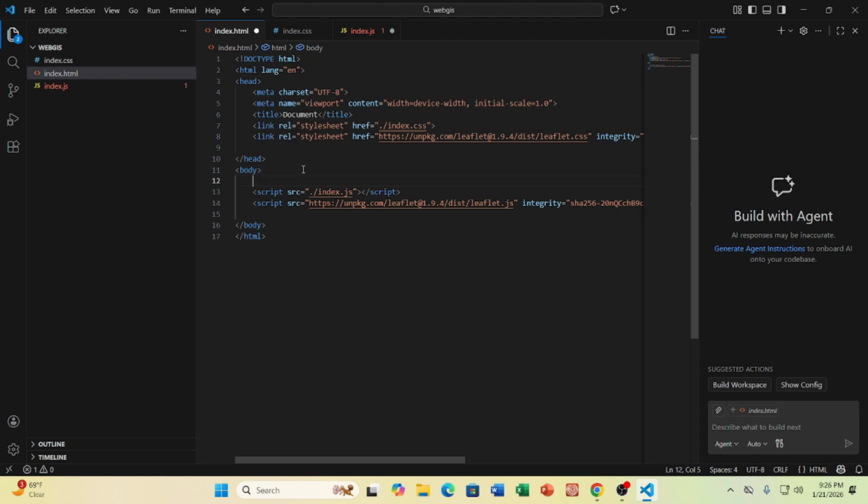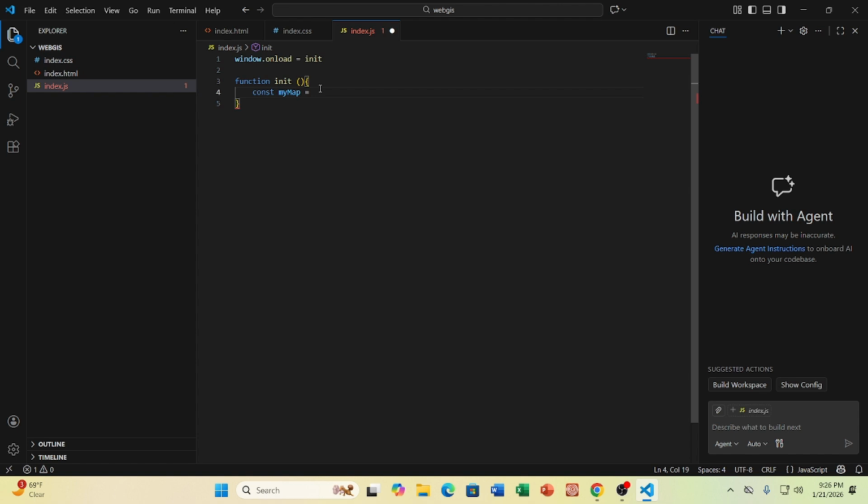For that, simply use here id and mention the ID. So map ID. I just put the map ID and then call the